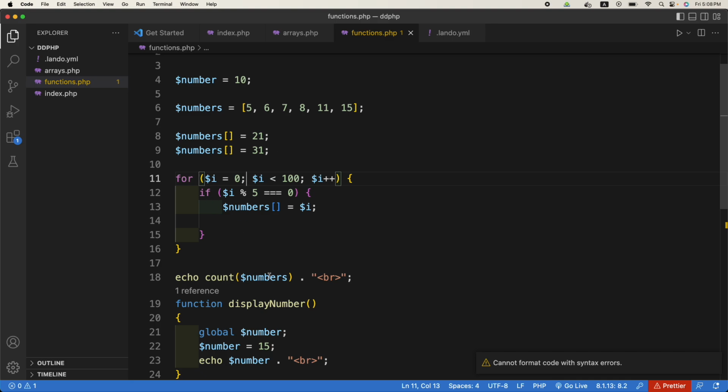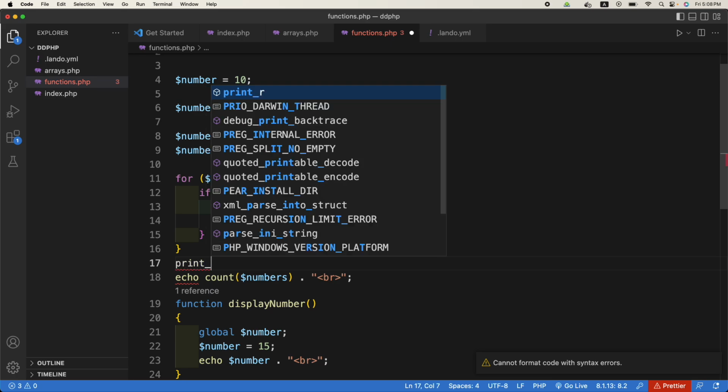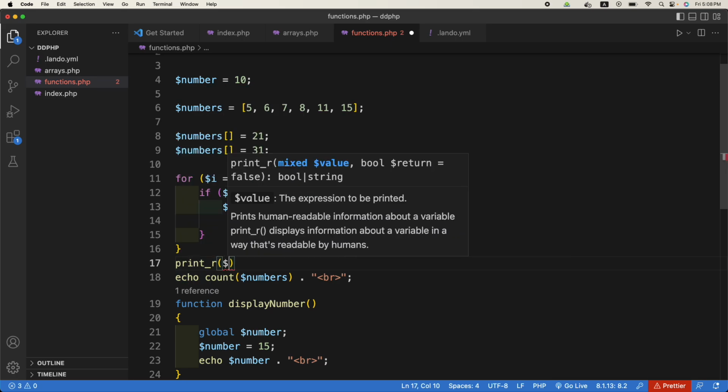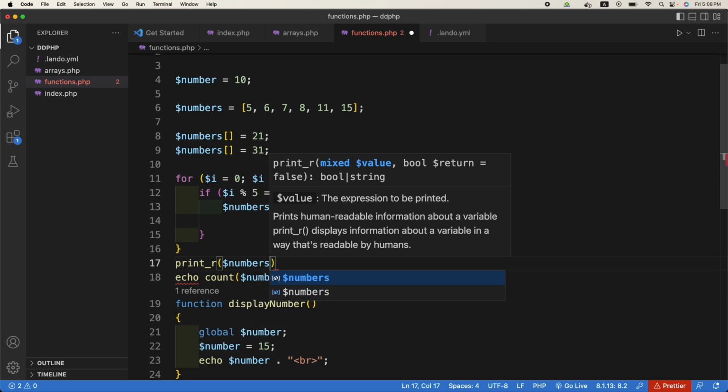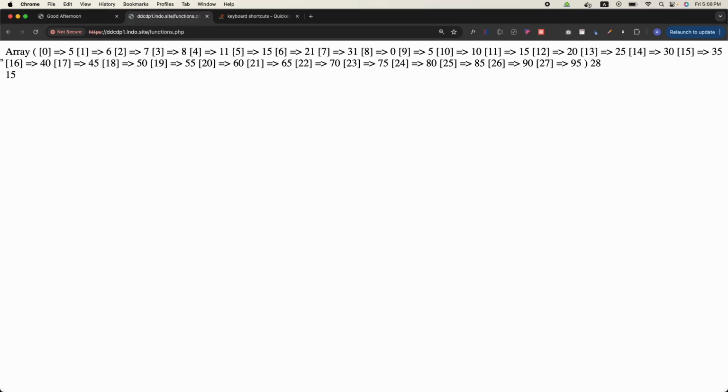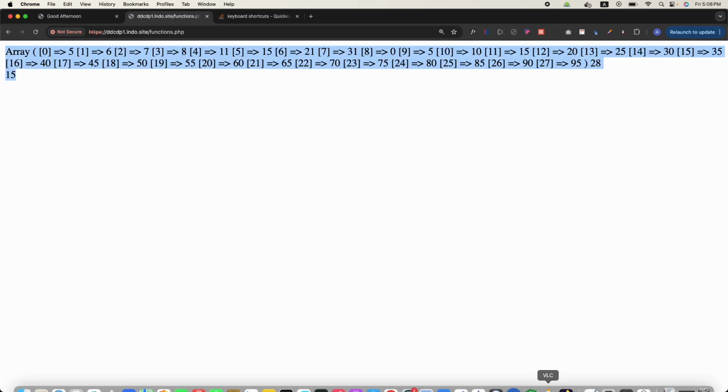Now, numbers is an array, so you can't echo an array directly. You can use functions like print_r, a function to output arrays. Okay, so print_r numbers, and if we refresh the page, you can see this is an array, but it is in a very strange format. To make it understandable, what we can do is